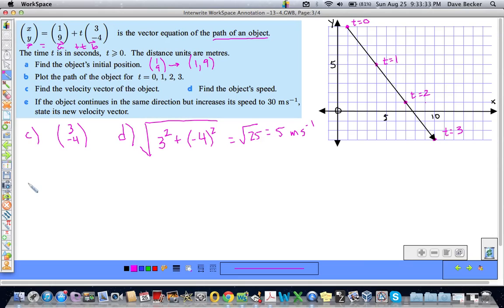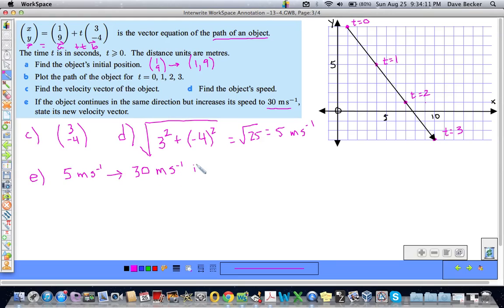Okay, and then E. We have to think just a little bit here. If the object continues in the same direction but increases its speed to 30 meters per second, state its new velocity vector. So the speed was 5, but now it's going to be 30. Okay, so let's think about that. It has changed from 5 meters per second to 30 meters per second,